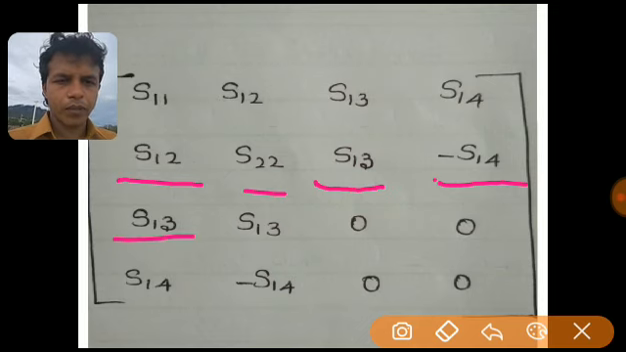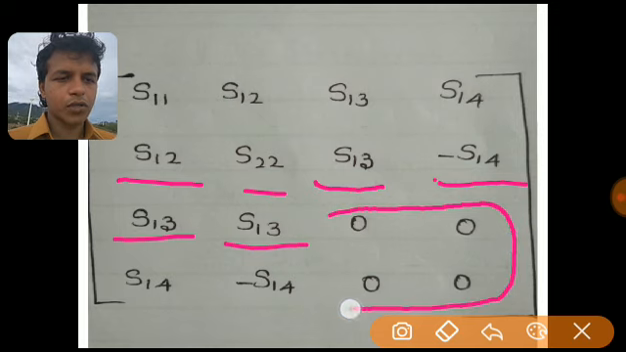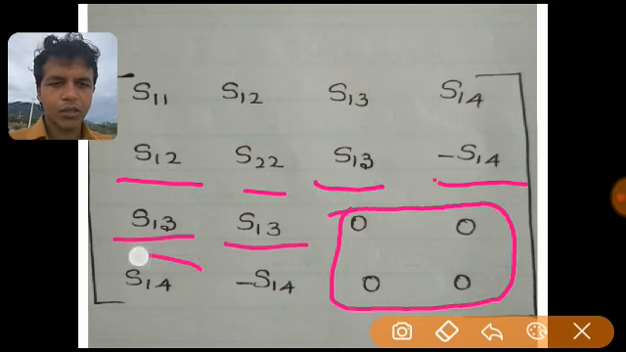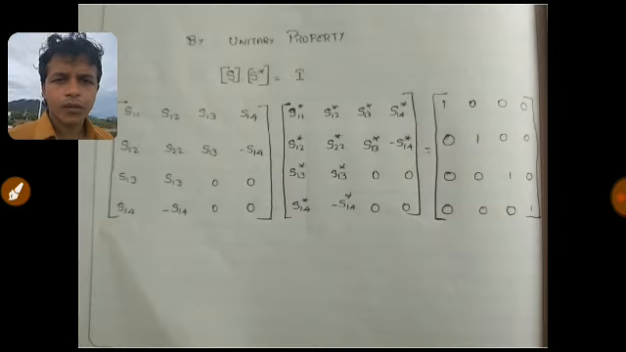Similarly, S31, based on symmetry property, is converted into S13. Again, S32 is converted into S23, and S23 is again converted into S13. Then S33 perfectly matched, so 0. S34, it is perfectly isolated, so 0. So these 4 elements become 0 because of perfectly matched and perfectly isolated properties. Then S41 is changed into S14. Then S42 is changed into minus S14. Alright. So according to the unitary property, matrix S into matrix S star is equal to identity matrix